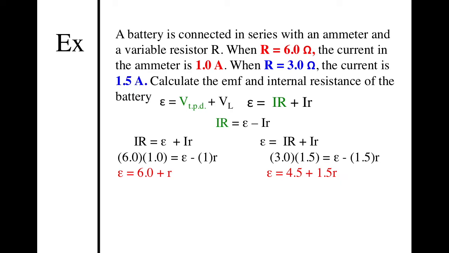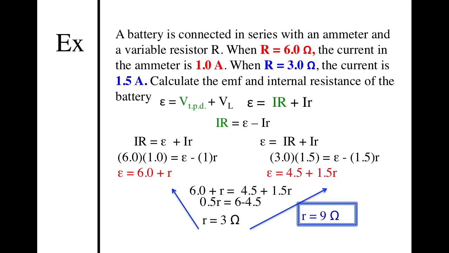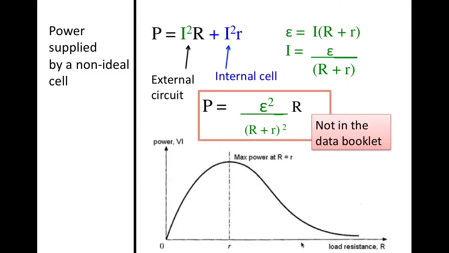To determine the total resistance, we set these two equal to each other and we solve for r. So here we have them set equal to each other, we solve for r, and we get an internal resistance as being 9 ohms. The total power supplied by a non-ideal cell is P